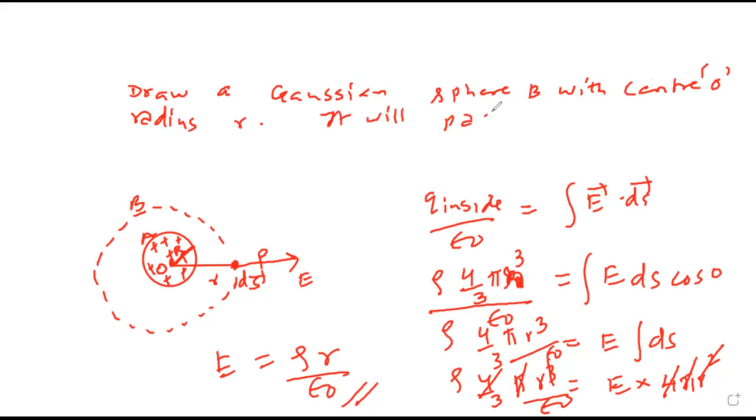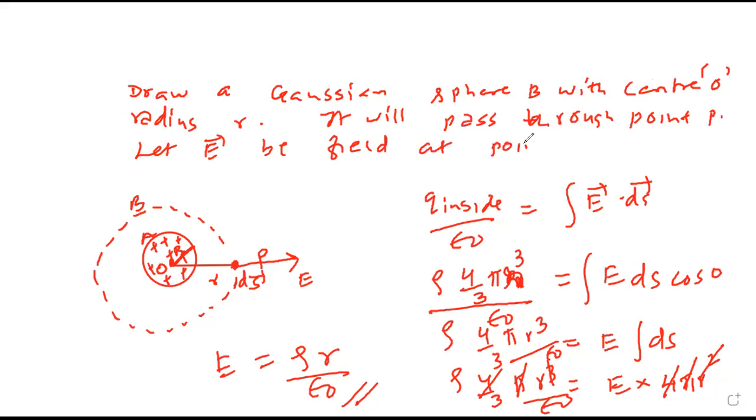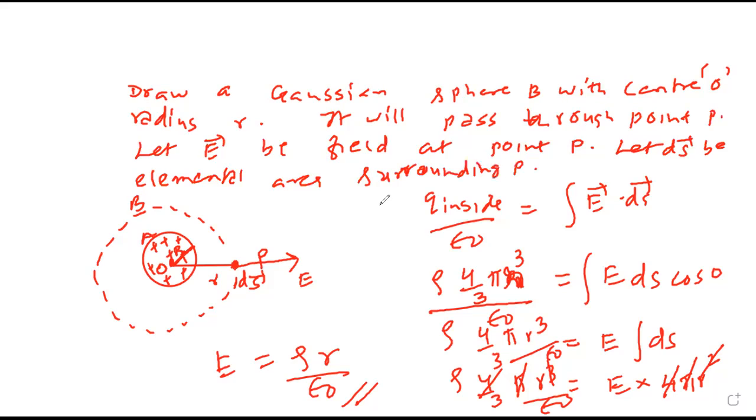It will pass through point P. Let E bar be the field at point P. Let ds bar be the elemental area surrounding P. Therefore, by Gauss's theorem, flux phi equals to